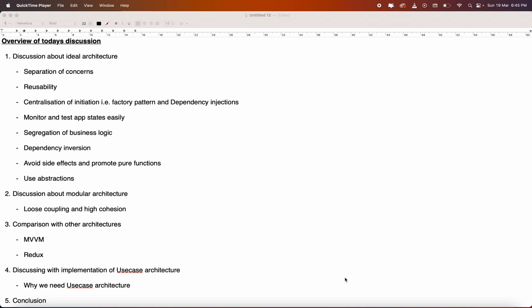And then we look for a mechanism to monitor the app's state, that is state mutations, and to know in which state the app currently is. This is typically useful in integration tests and unit tests, in which we have to test a specific state of the app. And then there is segregation of business logic, which is very essential, in a way that we segregate the UI logic from business logic,